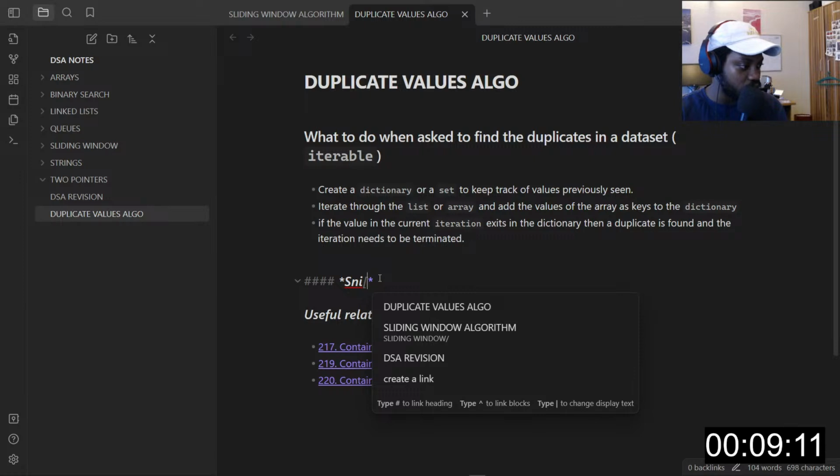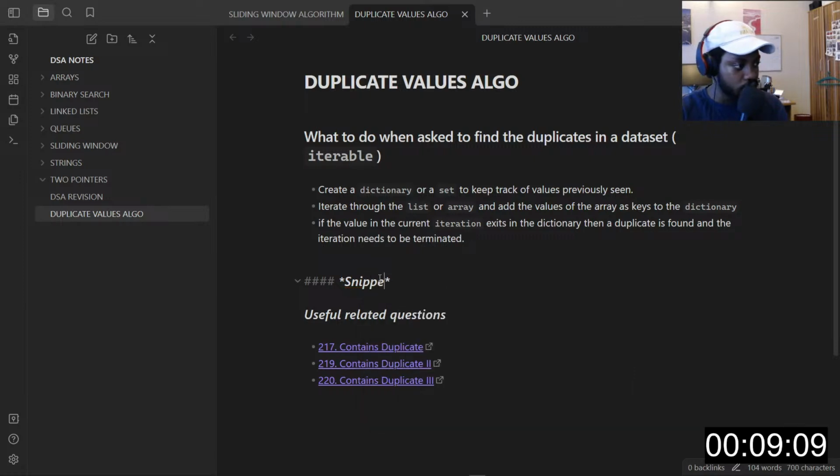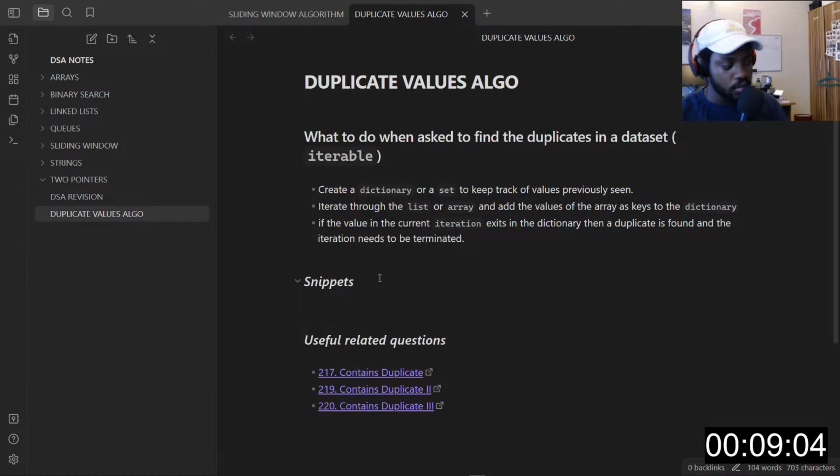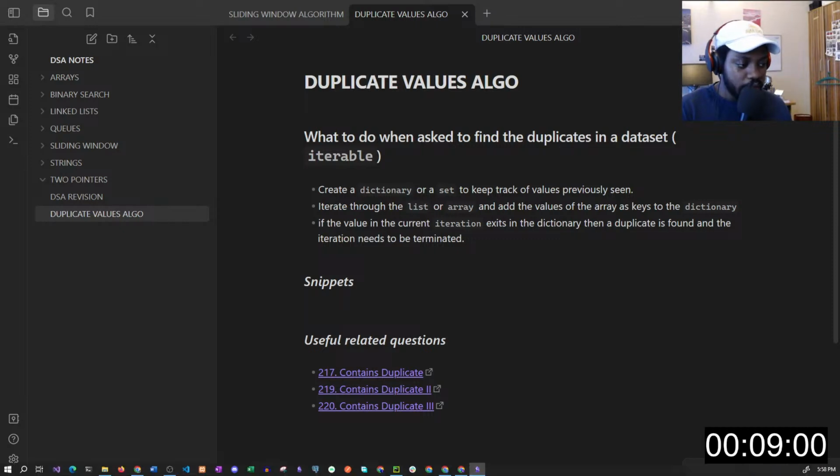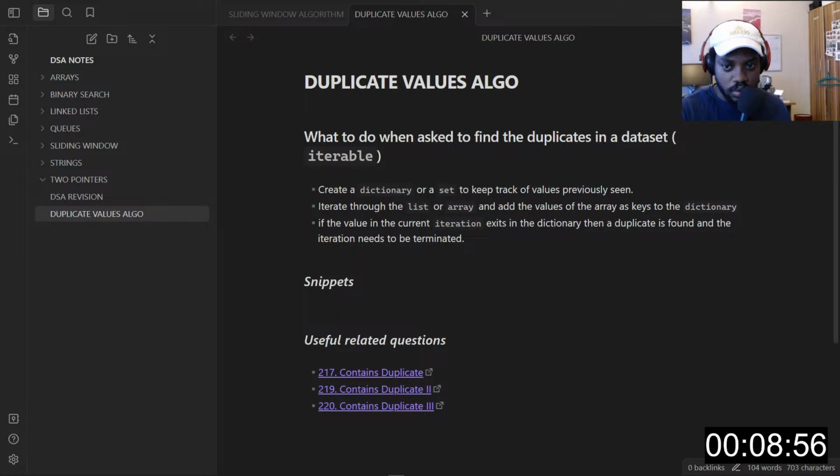Duplicate. I can copy some part of my code and then put it here, right? So it's 217, right?